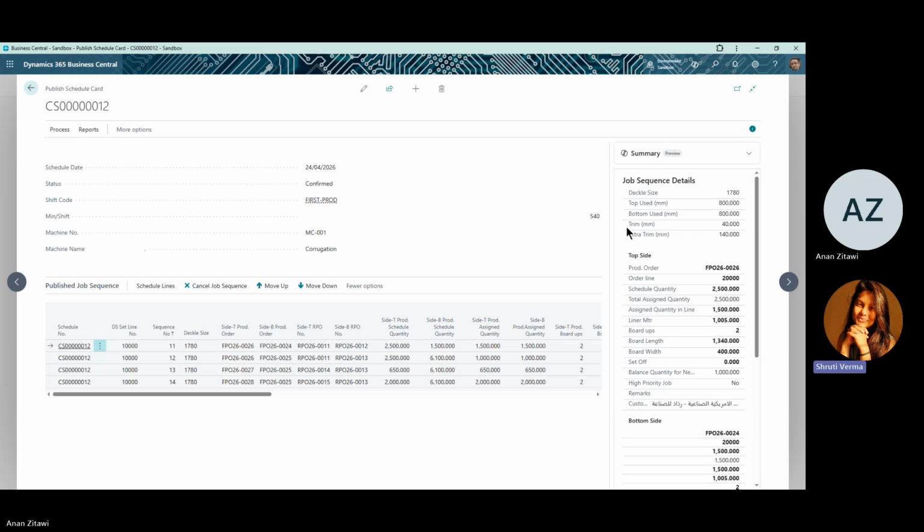So I was saying that in this published schedule, you can check which is my side top production order and which is my side bottom production order. From here, you can see the job card report, the required paper material used for these jobs, and there is a barcode report also, and the pallet label report and WIP label report, through which you can use the scanner and do the